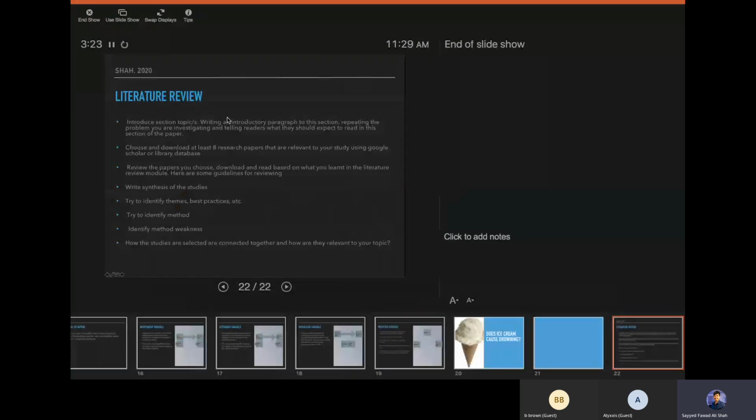review assignment. So what I expect from you is that in the literature review, you start with an introduction section where you basically write an introductory paragraph where you explain your topic or the problem that you are investigating. So, more like the statement of the problem from your introduction, very briefly. And then you can write a sentence or a paragraph about what the readers should expect to read in this section. And so, kind of a transitionary sentence to go from the introduction to